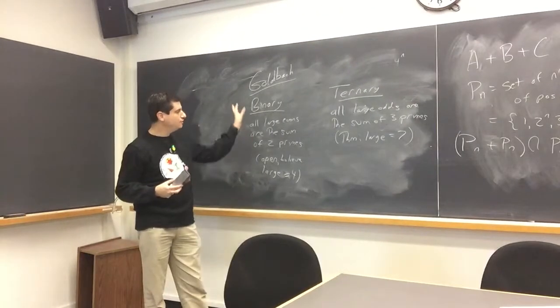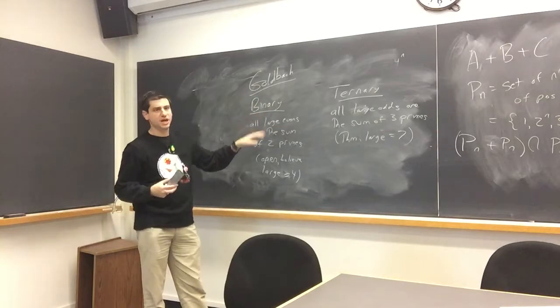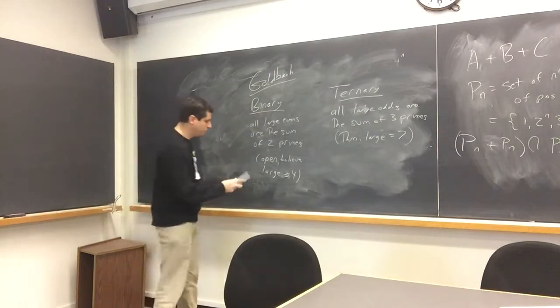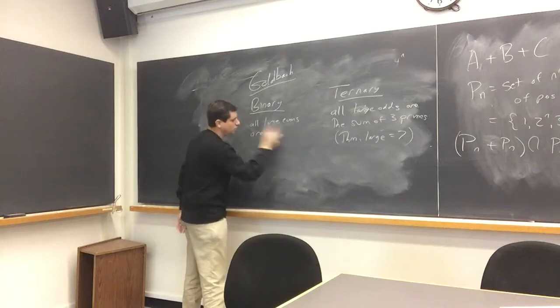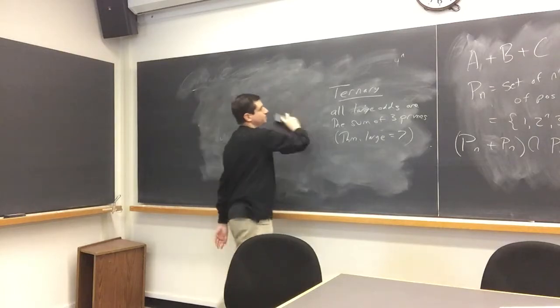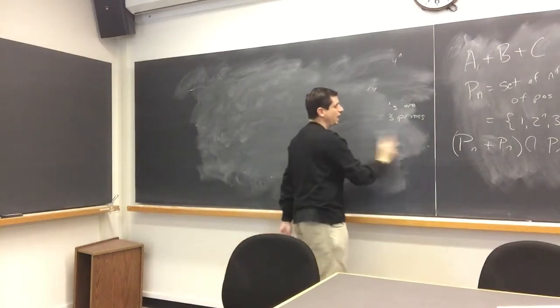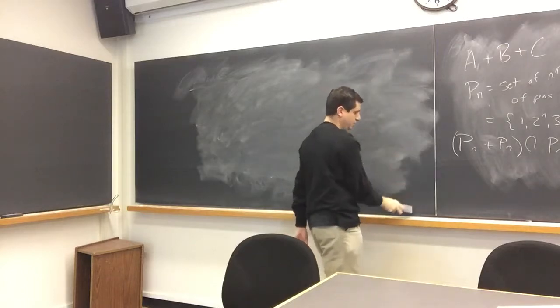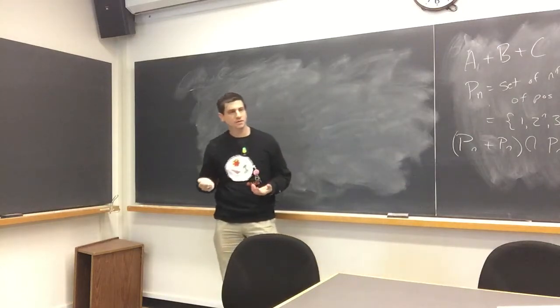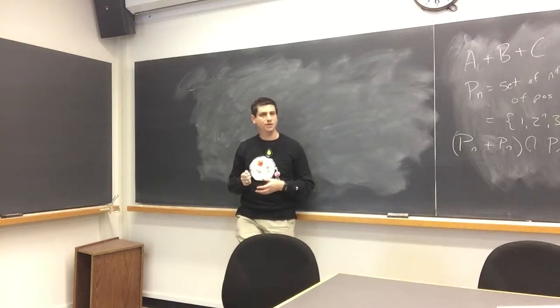And so what I want to just show you very quickly, in 10 minutes, I don't want to go through all the details. If you really want to, either let me know or take a class I'll teach next year. I want to show you how we can attack problems like this. The original formulation of the circle method was more in terms of power series and complex analysis and infinite sums. What's the danger with an infinite sum?